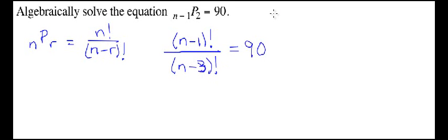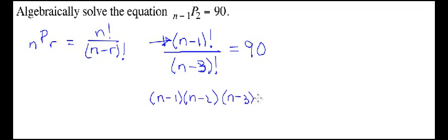Remember when we practiced simplifying factorials and perhaps you wondered when we were going to use that? Here's when we use that. We need to be able to cancel these factorials, and that means we go after the big one here, n minus 1, and we're going to peel some numbers off of it. n minus 1 factorial is n minus 1. We'll also peel off n minus 2. And that leaves us with n minus 3 and everything from there down to 1, which we write n minus 3 factorial, all over n minus 3 factorial